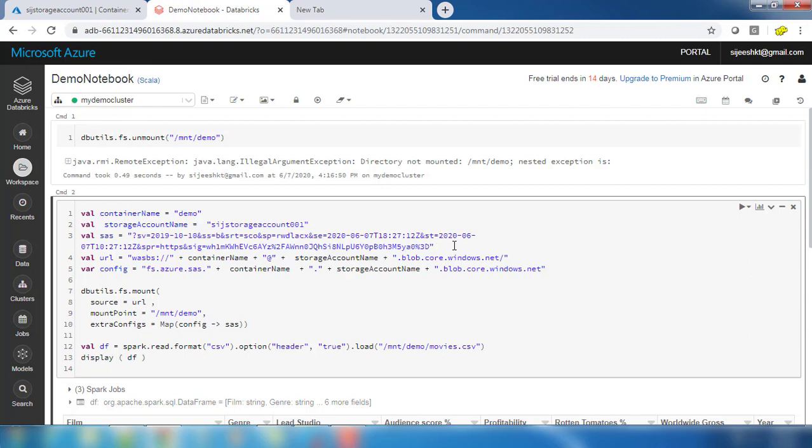There are multiple ways to do that. One is using Databricks' own backend or internal database. The second is using Key Vault. I will be using a Key Vault to store these values and will show you how to create a scope. For that we need to create a scope in Databricks and store the credential in Key Vault.